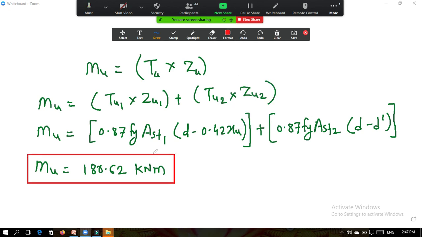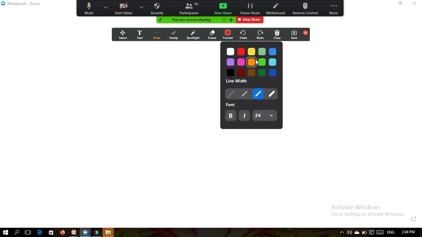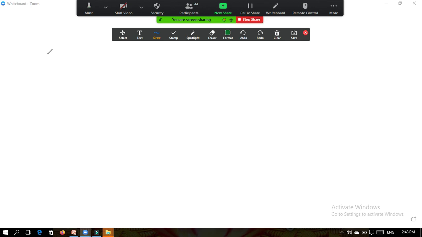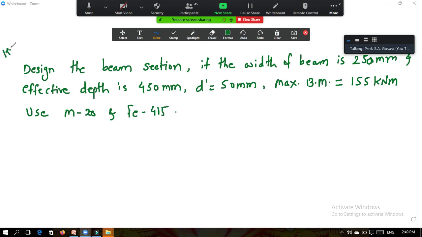If it is over, I will give you one problem for the homework, and you should try to solve this problem. If it is over, let me know. I will write the next problem and you should solve that problem at home. Okay, and with this we will end this topic over here. Tomorrow we may go for the T beams and L beam flange sections. Okay, so I will tell you the problem. You write it down and solve it at home. Okay, so this is the problem for your homework.